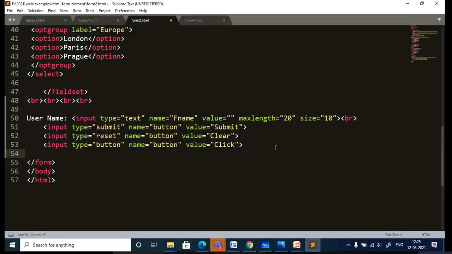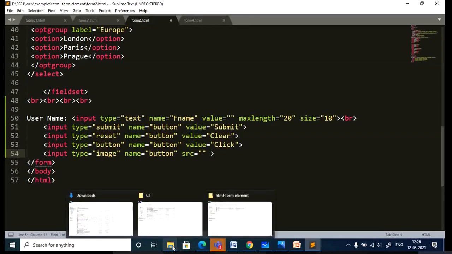If input type is image, here you need to specify the source of the image, where that image is located.